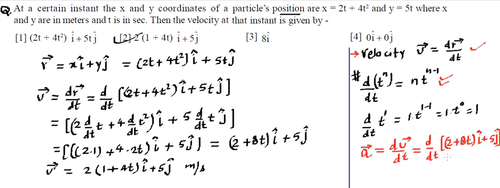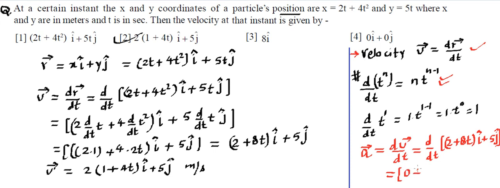When this goes inside, differentiation goes inside. So first it will be applied on 2. 2 is a constant. So differentiation of a constant number is 0 because it talks about rate of change and there is no change in a constant. Hence it's 0. So 2 will be 0 when it is isolated.